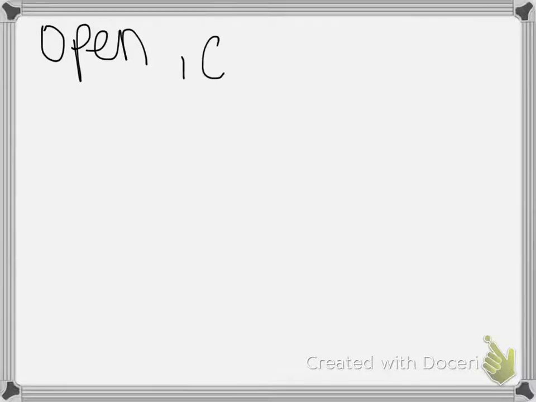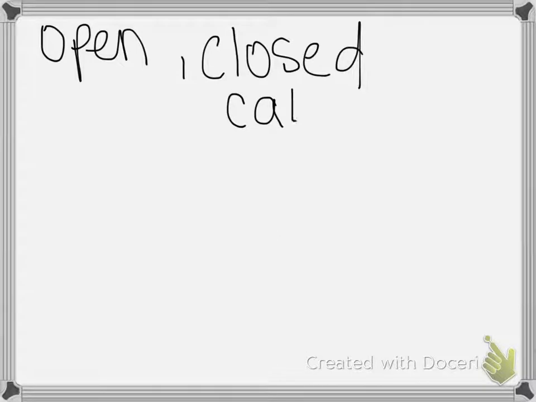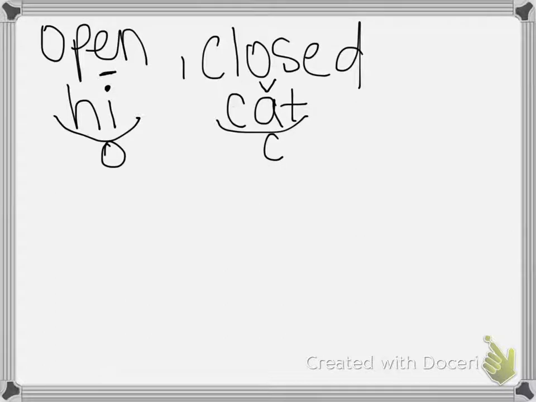Then you have a closed syllable where you have consonant, vowel, consonant, like cat, okay, where this is a closed-in vowel, and so the vowel is short, right? Let me give you an example for open. Like the word high, the vowel is open and it says I,